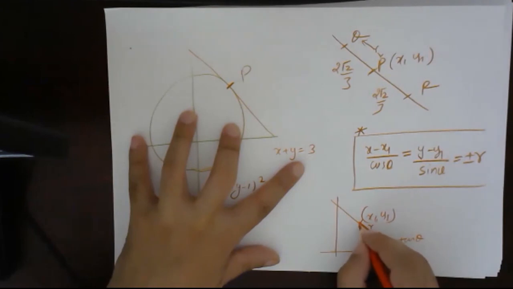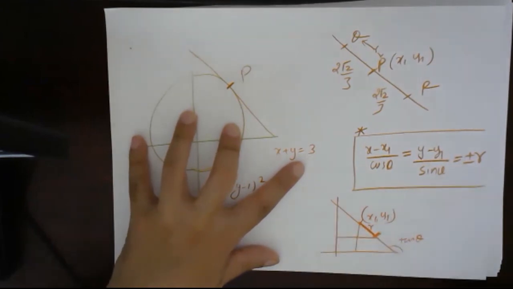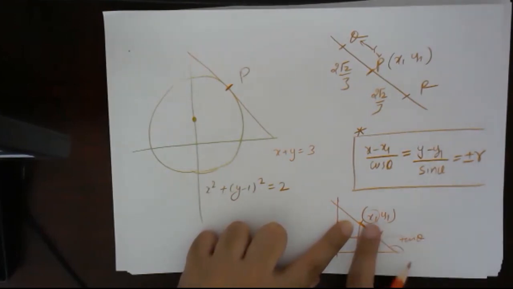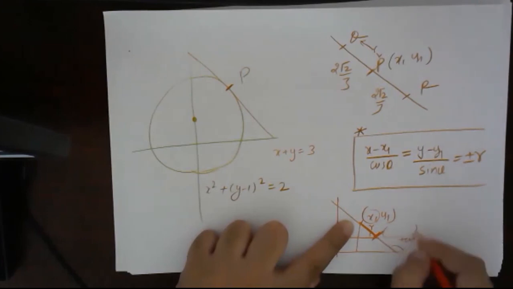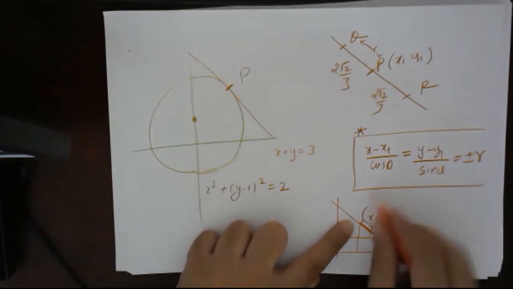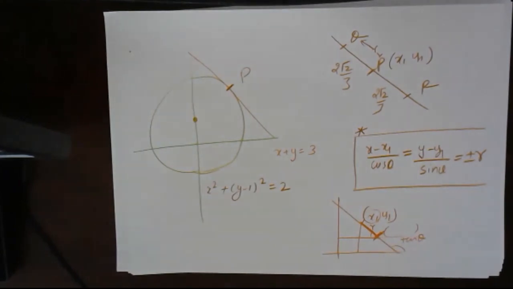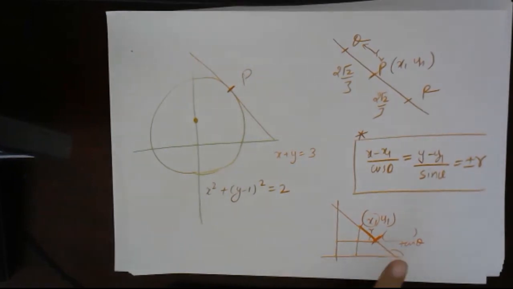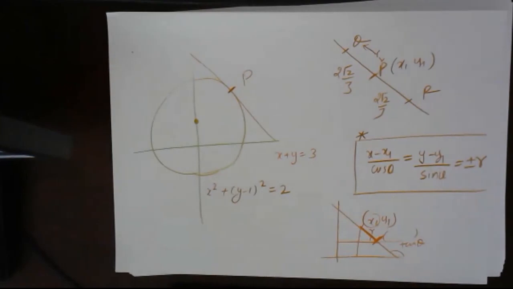So I can drop a perpendicular here and drop a perpendicular here. So this point is x1. I can also write this point in terms of r and theta, because this angle is still theta. If you write this point in terms of r and theta, you will get the relation like this. Priyanka, if you remember, we have done something like this before, the equation of line in parametric form. Okay, now I think you remember. So this was the most important part. They have combined it.